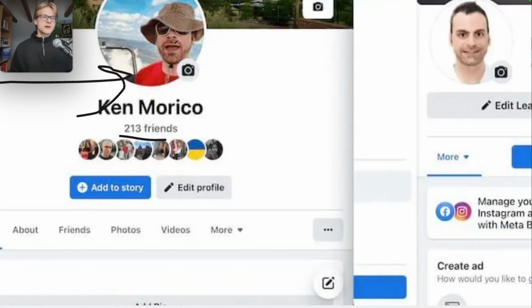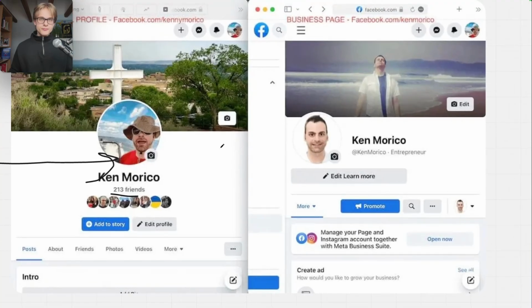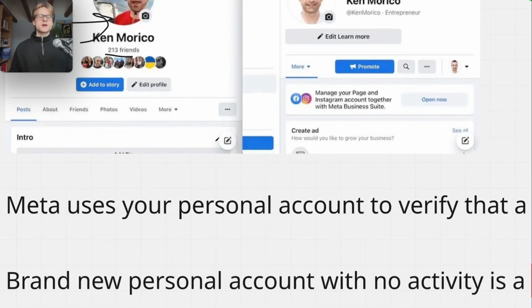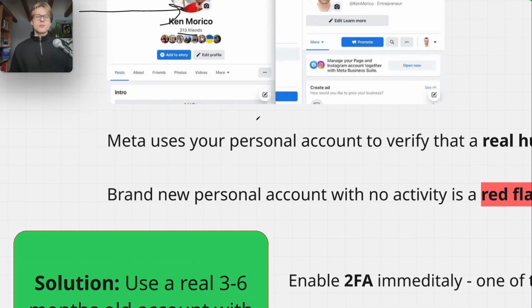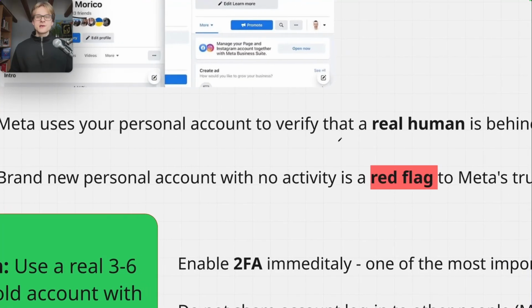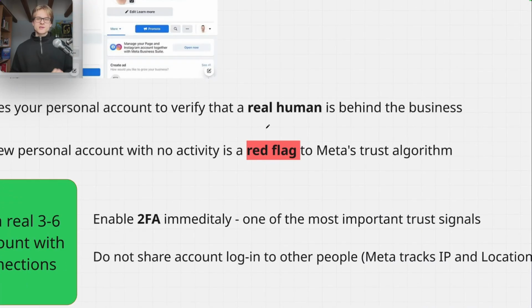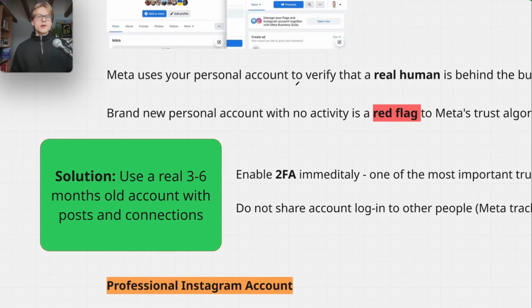Maybe we're gonna buy his account soon, right? And what? No, you can't buy Facebook accounts. Then do this, okay? So a brand new personal account with no activity is a red flag to Meta's trust algorithm. Meaning when you create a new account, you connect it instantly to a business manager. My friend, you're flagging yourself within the first 3 to 5 days, okay?